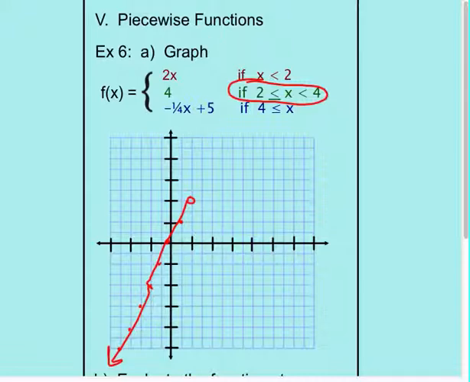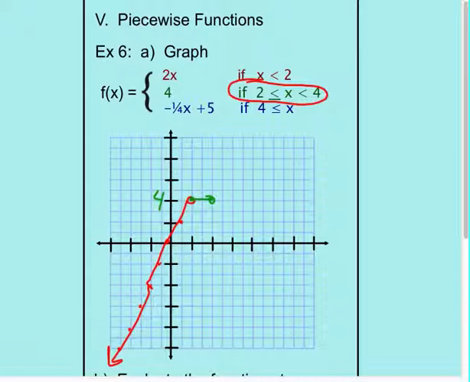I'm going to graph the green one. f of x equals 4 when x is between 2 and 4. Well, I'm at 4 right here with my first function. So between 2 and 4, and now I can fill in that circle because it's the same, and actually, sorry, I should have an open circle there for it's less than 4. Now the blue one,